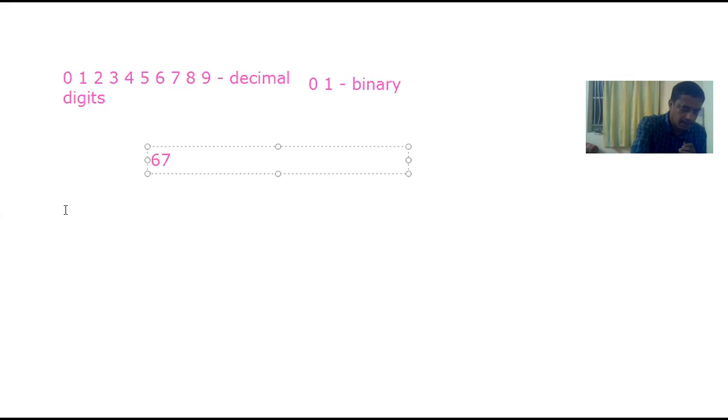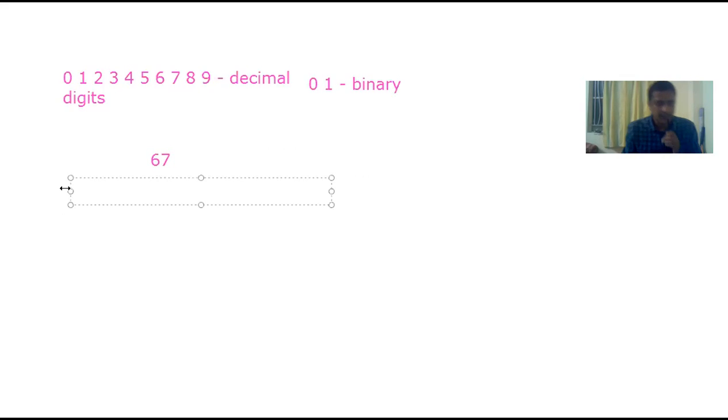How do the digits combine? Why after 9 do we get 10? Why don't we get 90? Why don't we get 80? Why don't we get something, say 67? What is the reason? Why after 9 do we get 10? This is a very important question, you know.